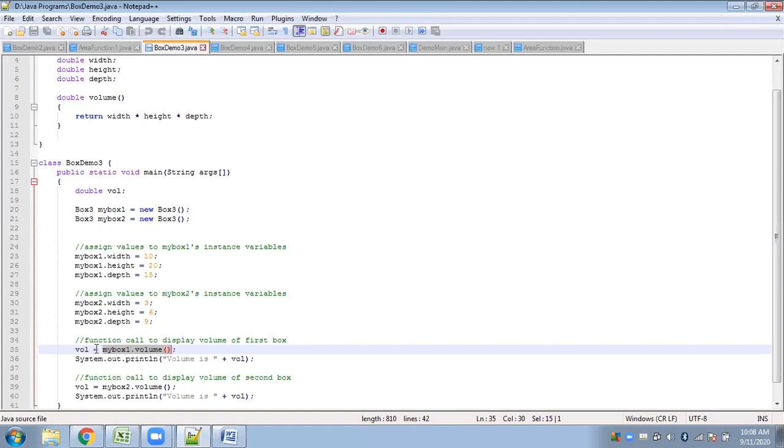Once we get the volume of box 1, that needs to be stored somewhere, so we have stored it in the VOL variable, and then displayed it here. Again the same thing has been done for this one also. Here we have used a variable to store the result that has been returned by the function.